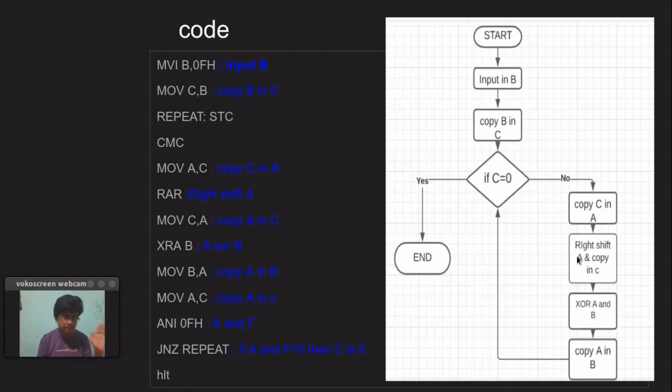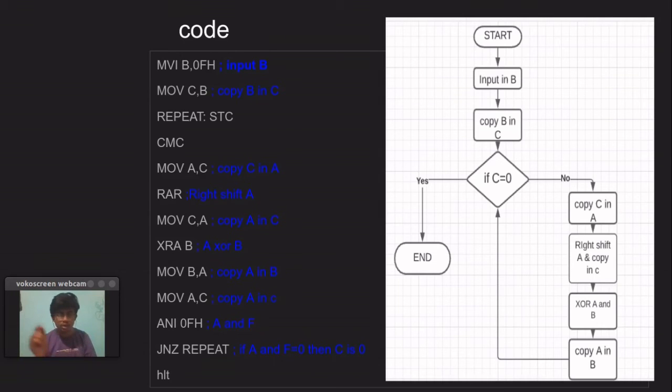Now before XORing the initial result stored in B with A, we have to get the right shift of the accumulator, as we have seen that we get the right shift of the initially right shifted number which was in C. So we copy C into A and then shift it right, and we have to store this in C for another step.